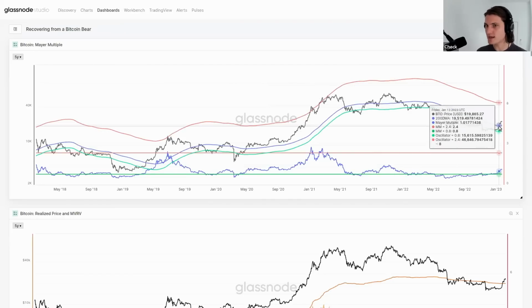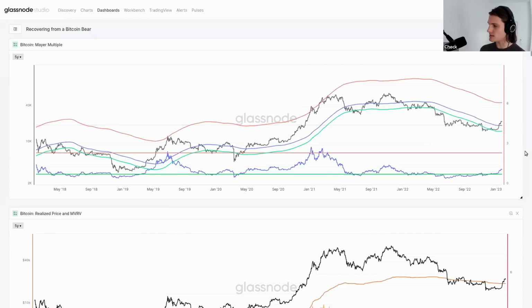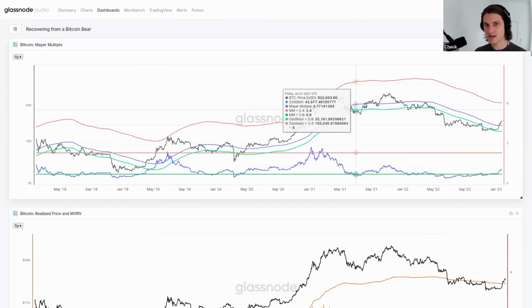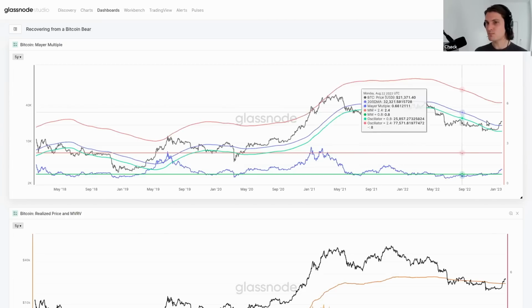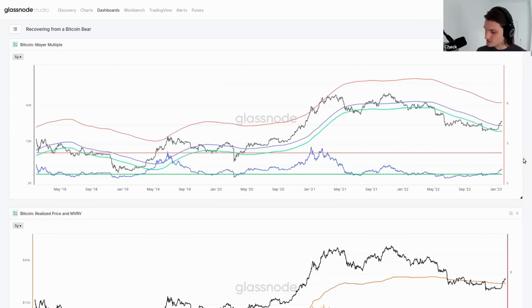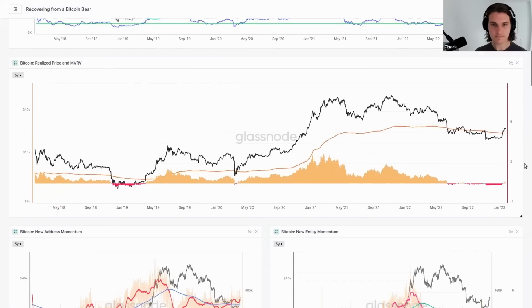So as a result, breaking above the 200-day, which we did, I think, last week, it's at the very least something to pay attention to, right? Something changed that is different to every previous rally. We saw up here in March 2022 that we had that retest. We had retests all the way through September, but this one here had a true break above, and it's so far held. So that's the first kind of indicator that something has changed. Something is at the very least different, and lots of people saw it.